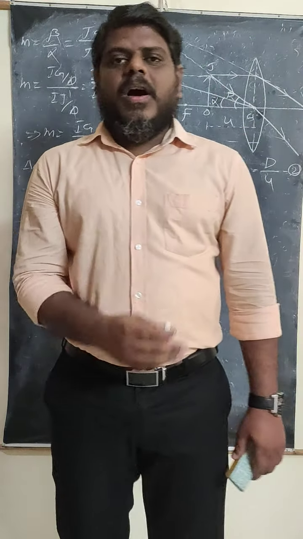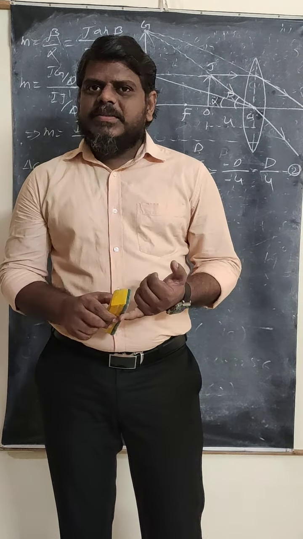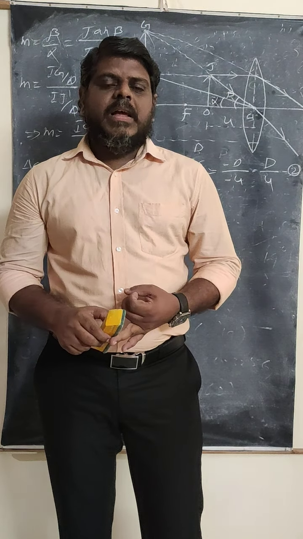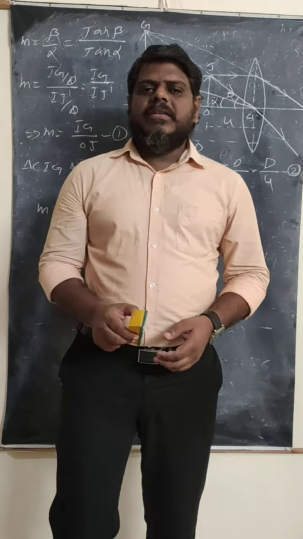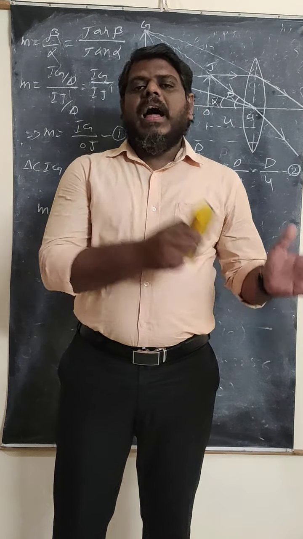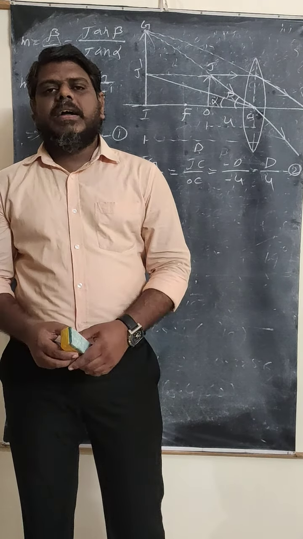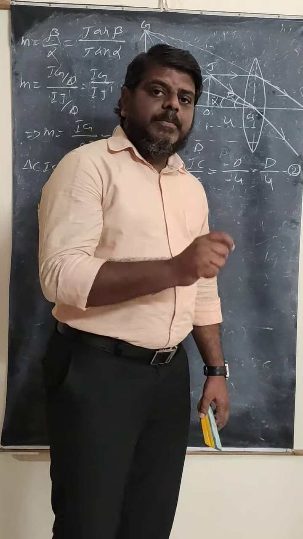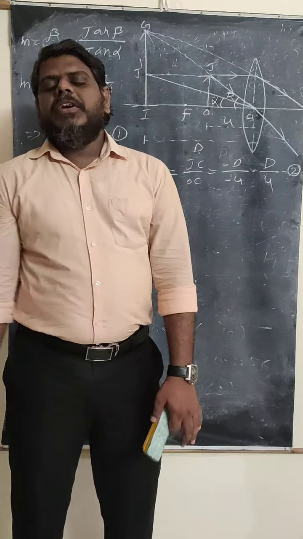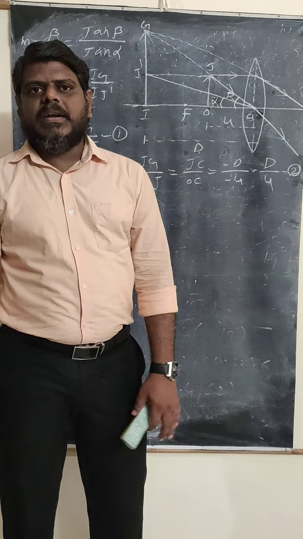But every optical instrument is going to have the two adjustments we have already discussed. One is the near point adjustment, and the second one is the far point adjustment. So now we are going to derive the equation of the magnification when the near point adjustment is there and when the far point adjustment is there. First we are going to discuss the near point adjustment. All of you must concentrate on when you are going to have the near point adjustment and when the far point adjustment. This part is very important for the competitive part also.